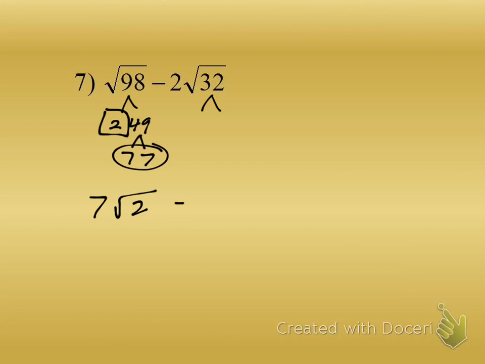minus the 2 right here. 32 goes 16 and 2. The 16s go 4 and 4. Okay, so bring the 4s down here. So 2, that was there, times the new 4, square root of 2. Clean this one up, 2 times 4